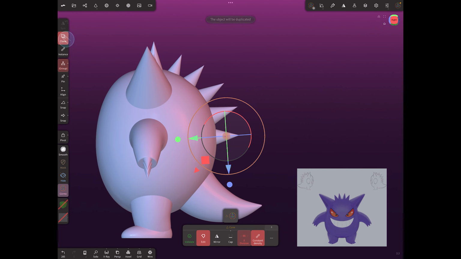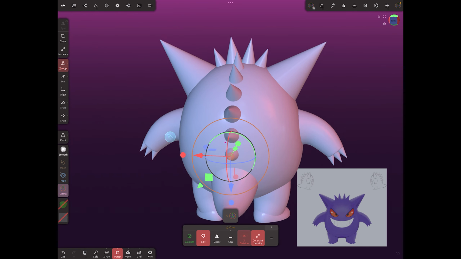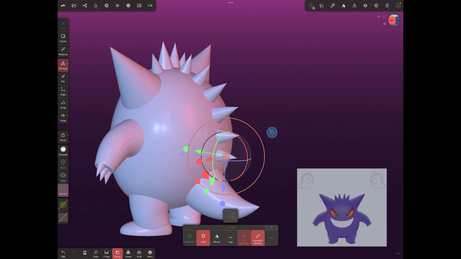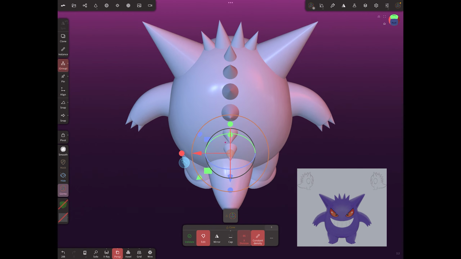Okay, the last one for the center row. That looks pretty good. And for the left and right, the 2 rows on both sides,